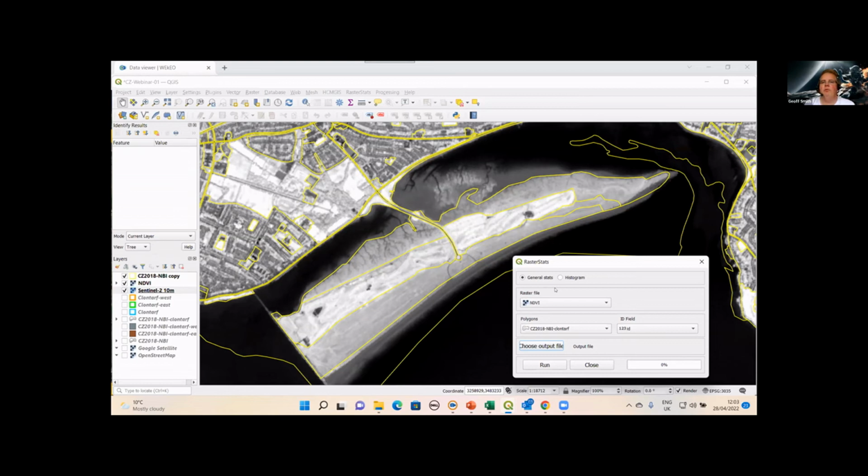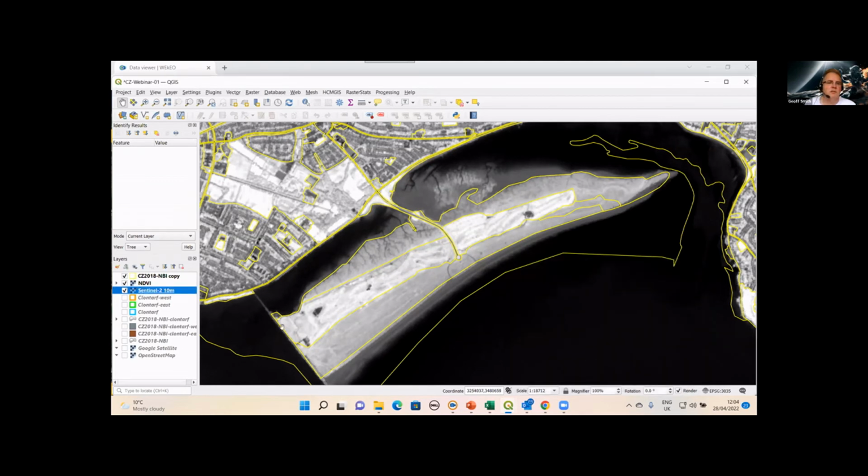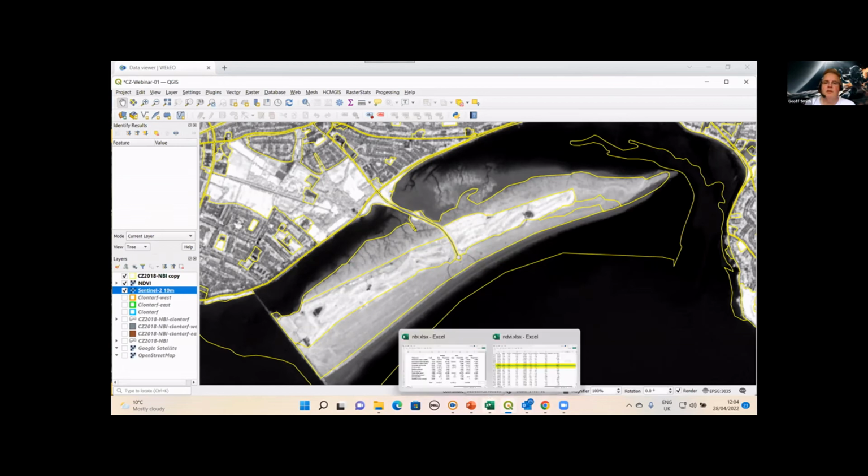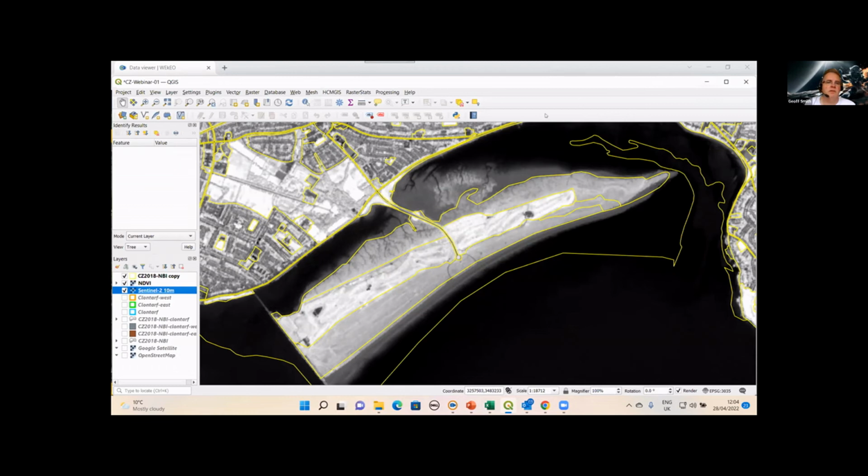So each row in the output gives the results for a single polygon, and then we can use that to find out what those statistical values are, and then start to compare polygons. Again, I won't run that because it'll take a few seconds, and I don't want to risk this all falling over and having to start again. But what I've already done is prepared an Excel table from a previous run of that, and if we just toggle on the